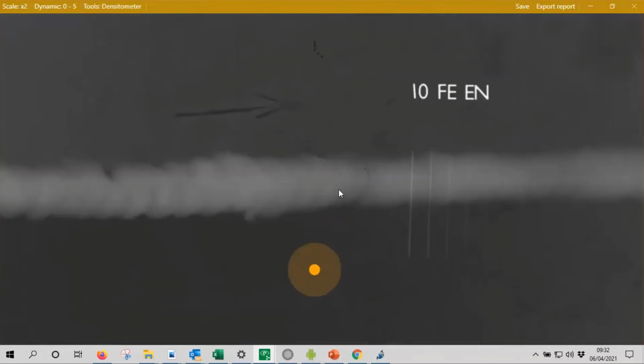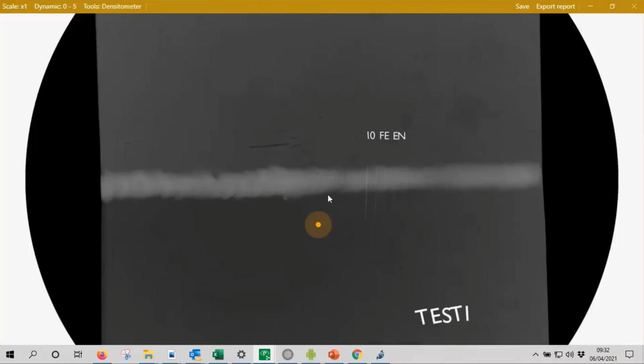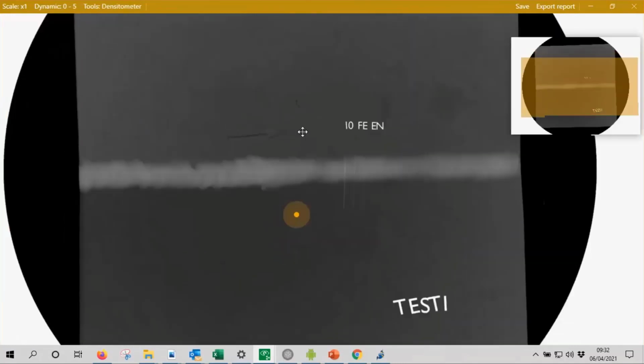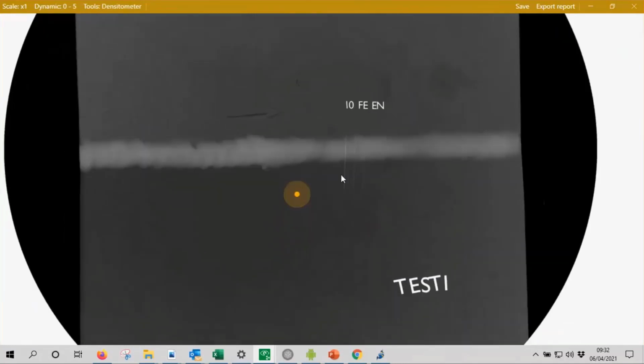You can analyze your image again, save this image, and save the report. Just to show you that it's very easy to change the distance between the film and the source, change the exposure time, change the parameters to adjust and to see the different things.